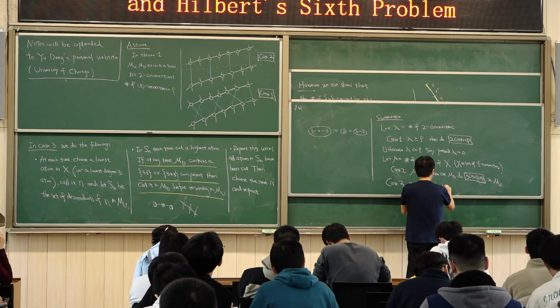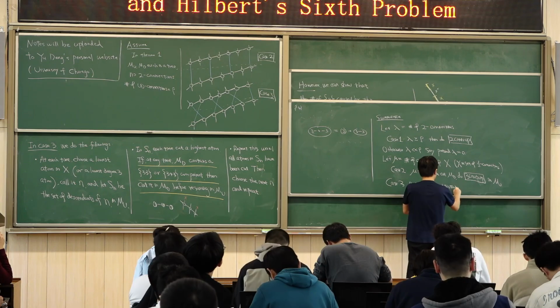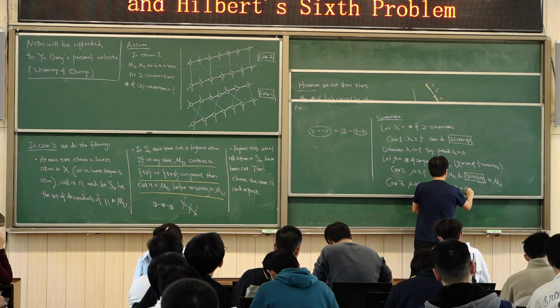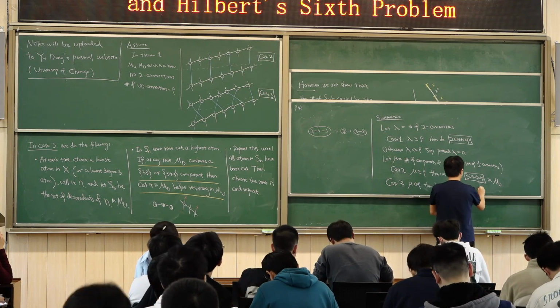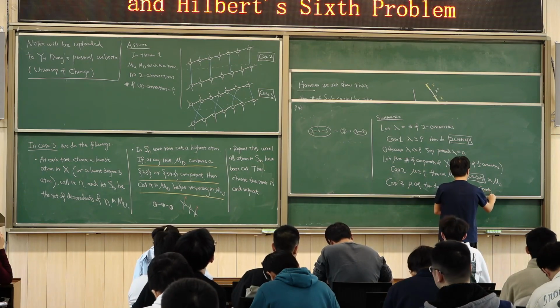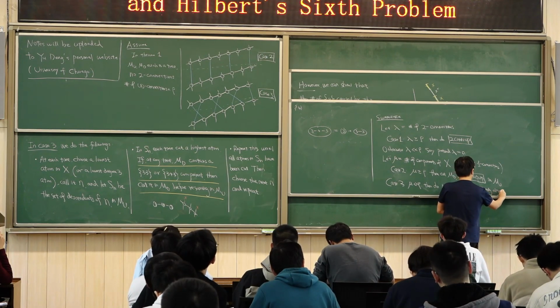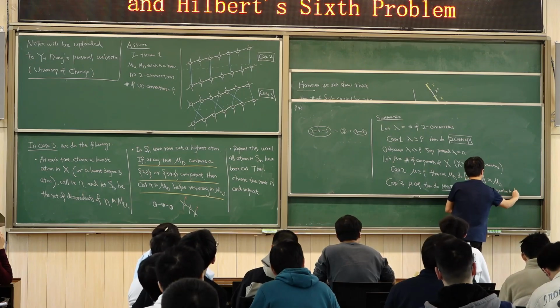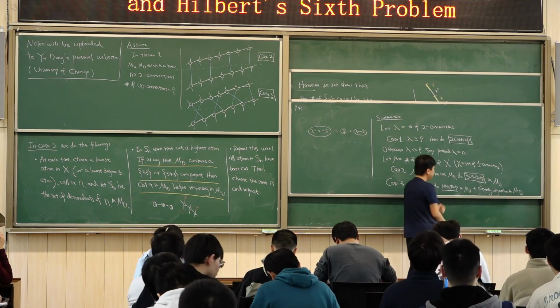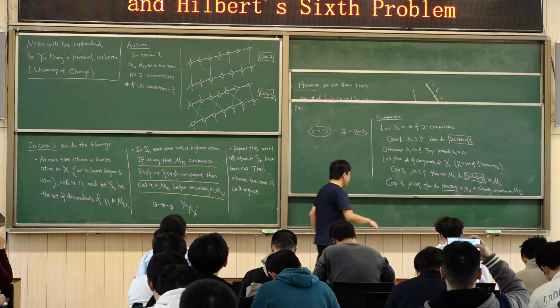So naive up plus greedy algorithm. And then clearly these 3 cases